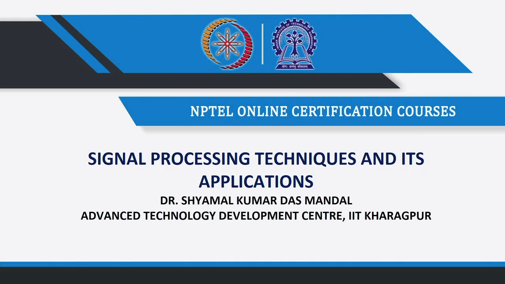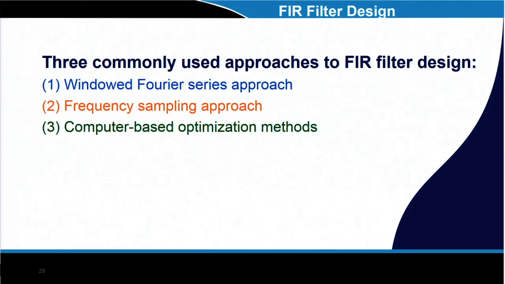Okay. So, last class we talked about the linear phase condition and we have discussed all those things. Now, we talk about how to design an FIR filter. Commonly, an FIR filter is designed using three approaches: window Fourier series approach, frequency sampling approach and computer based optimization